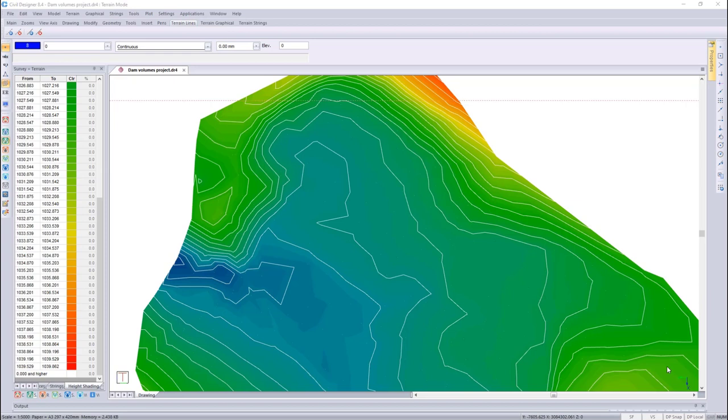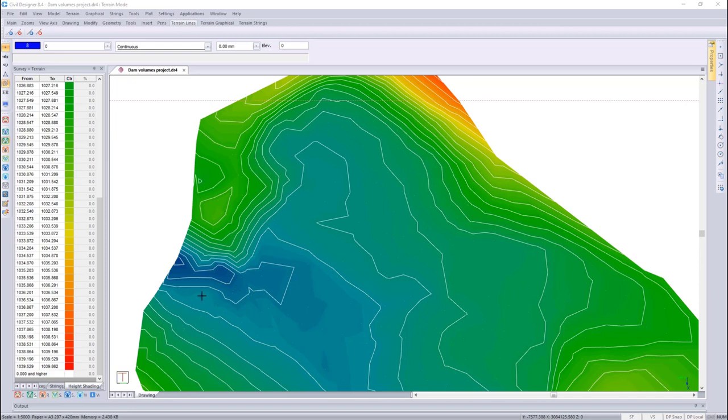We'll then also have a look at the various area and volume calculations available in Civil Designer. So currently on my screen, I've got the natural ground surface displaying with the height shading. In the control center on the left here, we can see the height shading is displaying, and then I've also just got the quick contours at a 1 meter interval displaying on my screen. So we're looking at damming off this valley represented on the natural ground survey surface, and I'm going to then